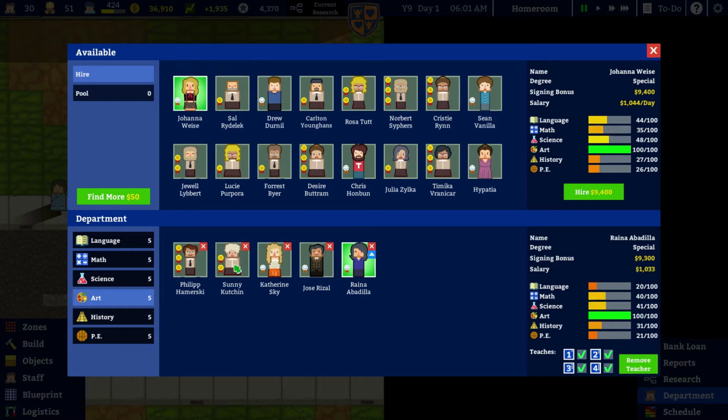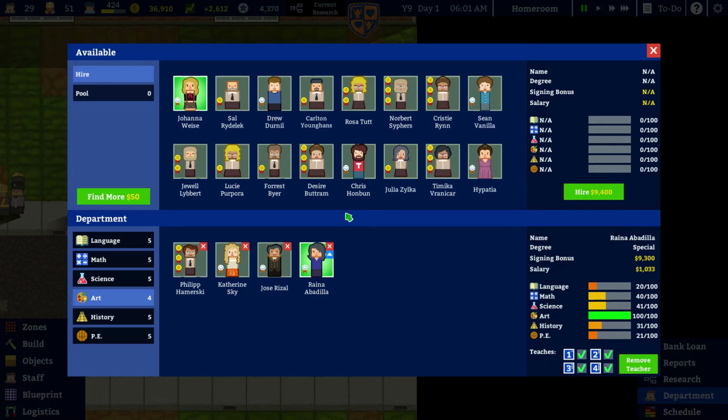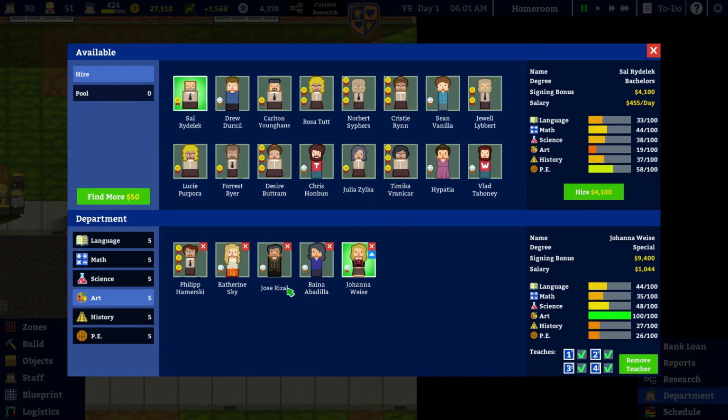Who can we find? Oh, the art team need replacing. Let's get rid of Sunny. Have we got an artist? History, art. Johanna Weiss, you'll do. So Sunny Kuchin, I'm afraid you are out on your ear as well. Let's get Johanna back into the art team. And there we go. That doesn't really bring us up to the 5 that I wanted, but it removes one